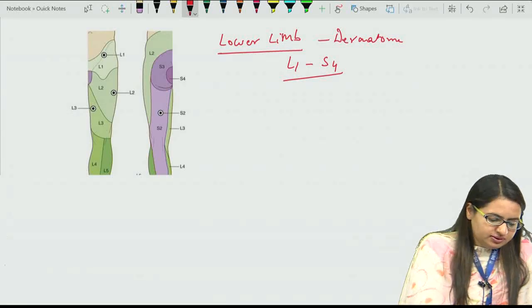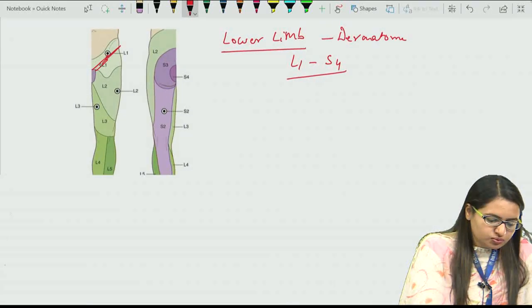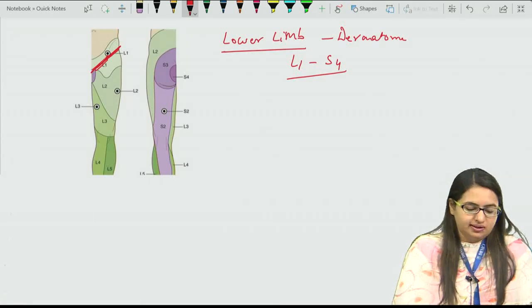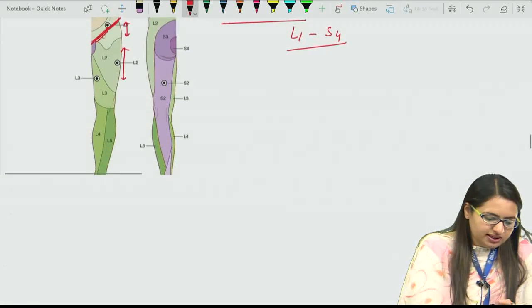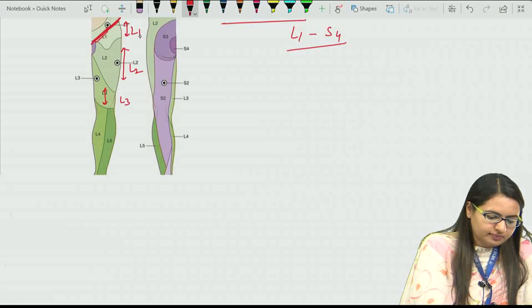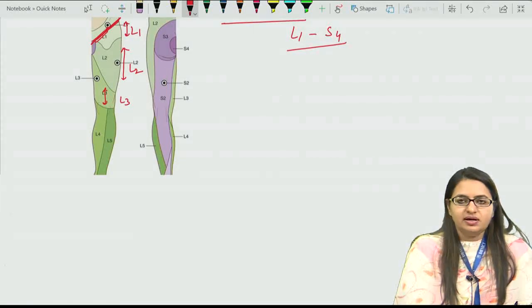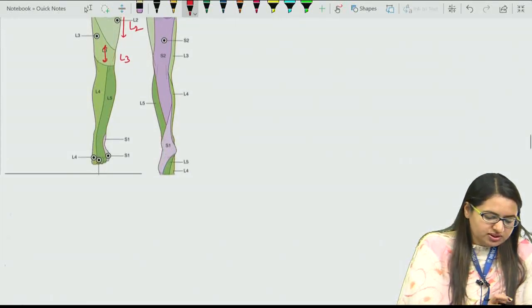Now if you see the L1, this is present towards the area which is just below the inguinal ligament. This much area is by the L1, then below that L2, and towards the knee we are having the L3 portion. The L3 is supplying the area near the knee. Then as we come towards the leg,